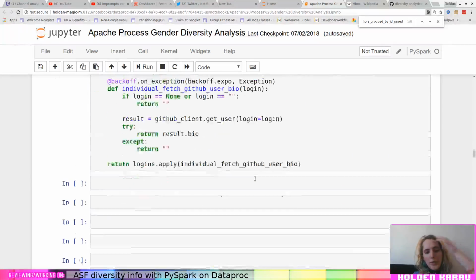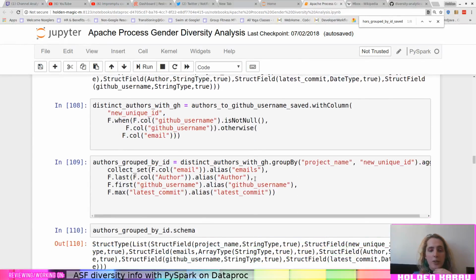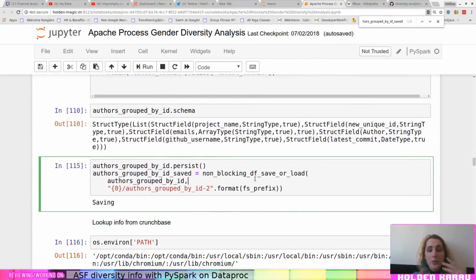So one of the things that I thought is that the number of unique email addresses that we saw might be overcounting the number of contributors, because I myself have changed email addresses a few times, but they're all associated with my same GitHub account. So I was thinking we might be able to decrease the number of users there.